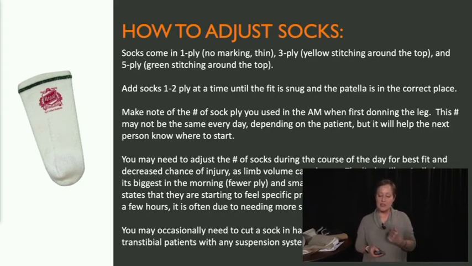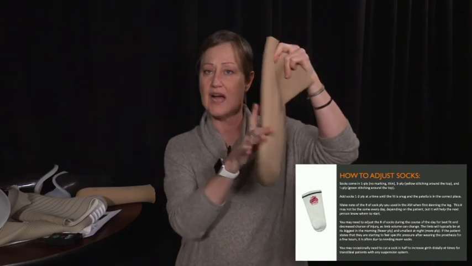So I mentioned most of these points already. You might need to adjust the number of socks throughout the course of the day. I like to tell patients early on, you need to have a sock or two in your pocket when you're leaving the house, because you do not know when you're going to need socks for the first several months. It can take up to 2 years for the volume of a limb to stabilize so that somebody doesn't need to add socks anymore. And by then they've got at least one new socket, or maybe a second new socket. You can also, even for a regular cushion liner for a suction, cut a sock in half.